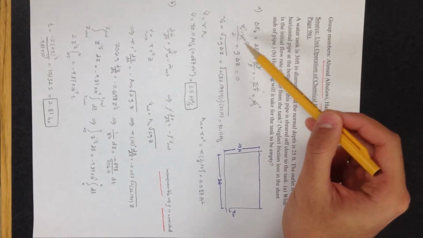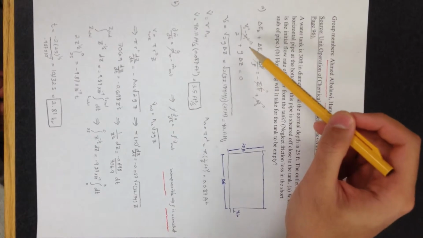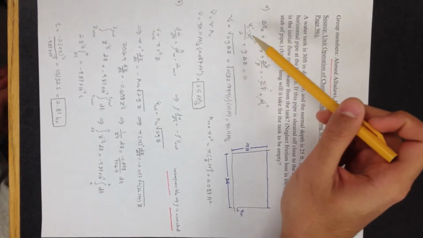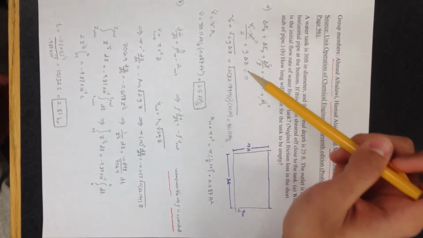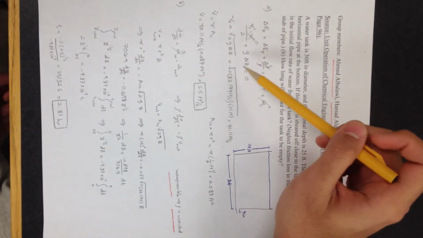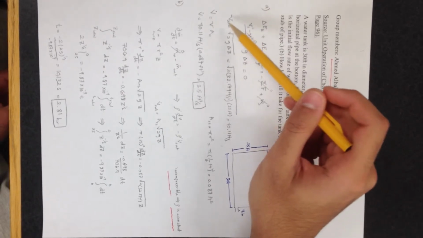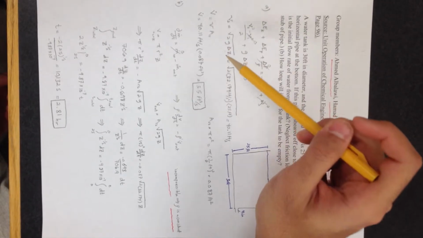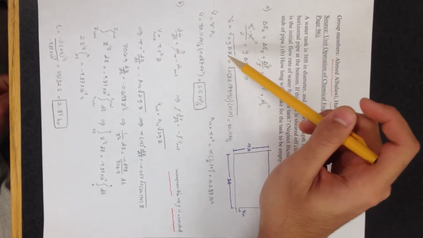Here is the delta EK. We assume the first velocity equals 0, and this is going to be the equation: V2 squared over 2 plus g delta Z equals 0, and so we'll need to find V2, which is the final velocity, and it equals the square root of 2g delta Z. Then we substitute all the unknowns here, and we got